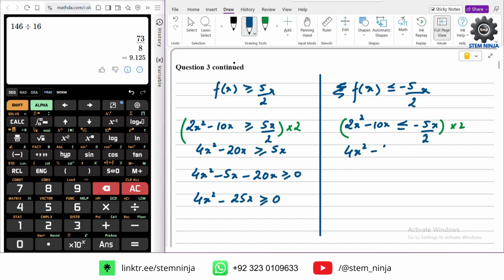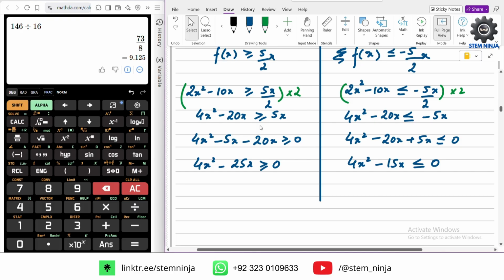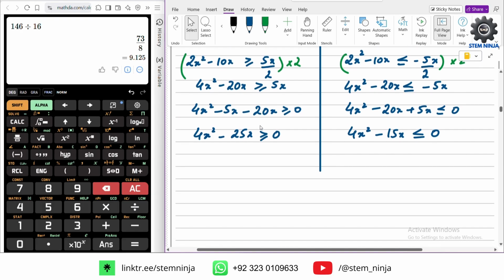And this one is 4x squared minus 20x less than or equal to minus 5x. So this would become 4x squared minus 20x plus 5x less than or equal to 0. So basically this would become 4x squared minus 15x less than or equal to 0. So both of them are in a way quadratic. So if we can find out the critical values from this,